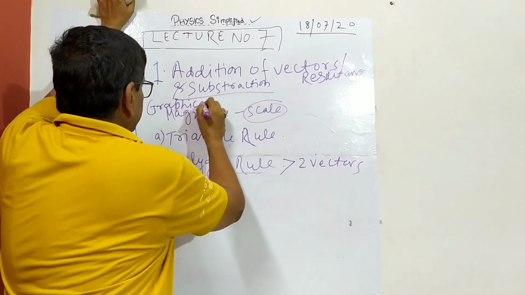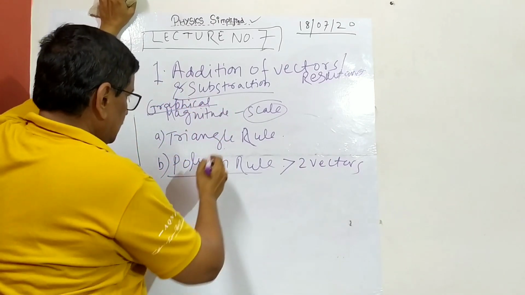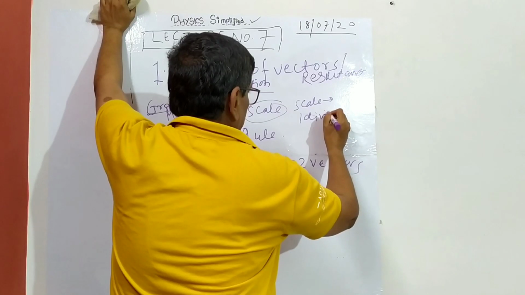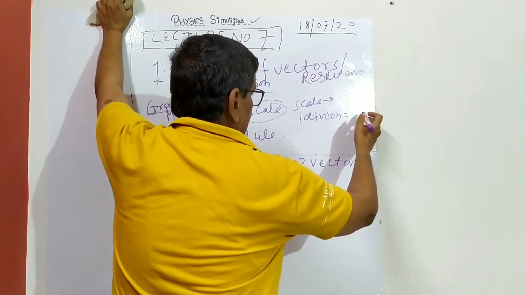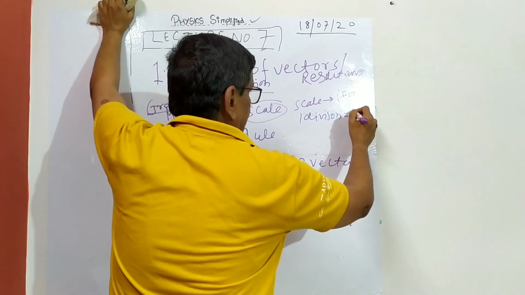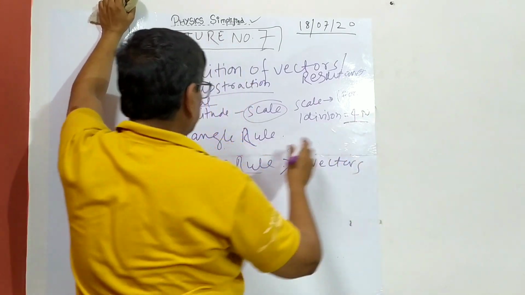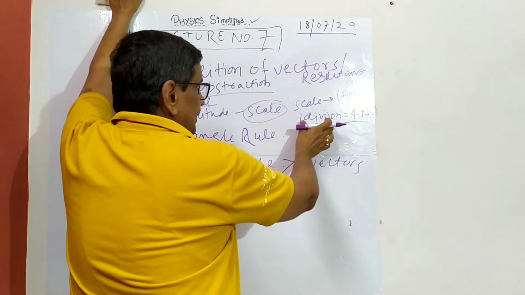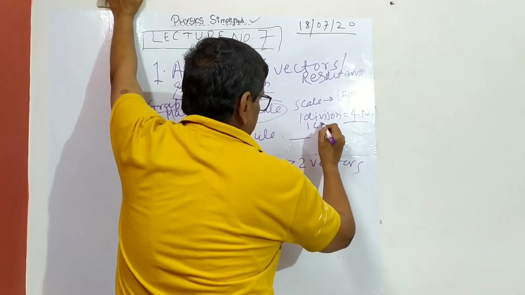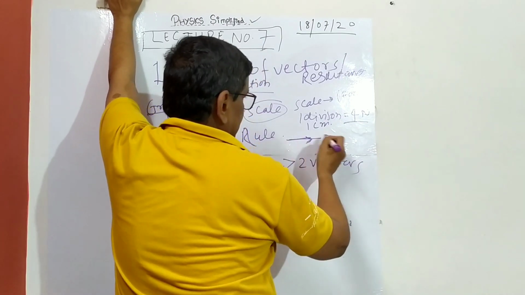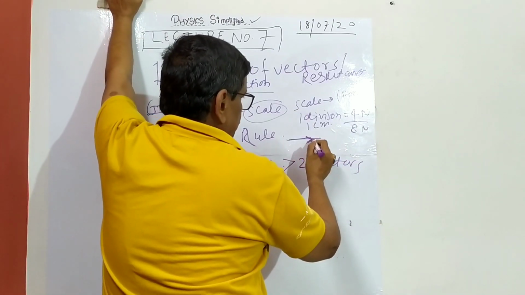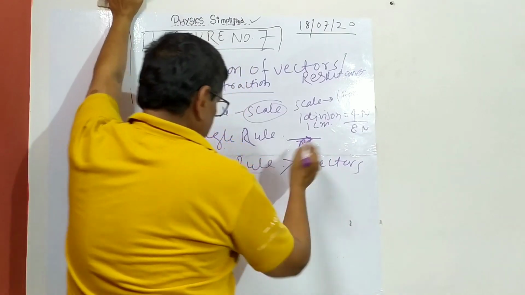So graphical, you have to represent a vector, and you are given a vector of certain magnitude. Put some scale. Suppose one division in graph. On a graphical scale, you put one division equal to some 4 Newton. Suppose there is a force. So you will write one division equal to some 10 Newton or 4 Newton. Seeing the magnitude of the two vectors, we will put a convenient division and then we will plot it. So we will get a scale length. Yeah, 1 centimeter equal to 4 Newton, you will say. So we will plot it like this. So if it is 8 Newton, then it is 2 centimeter, and at an angle. So you put some angle also. So if this is vector A, so now I am writing here.